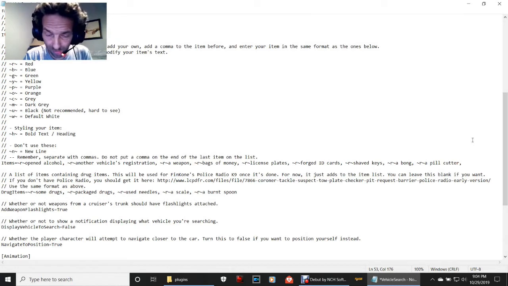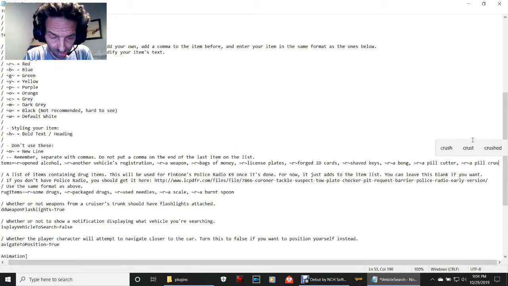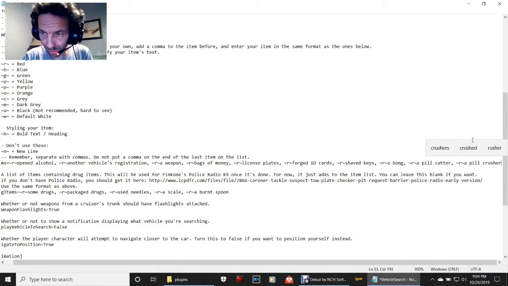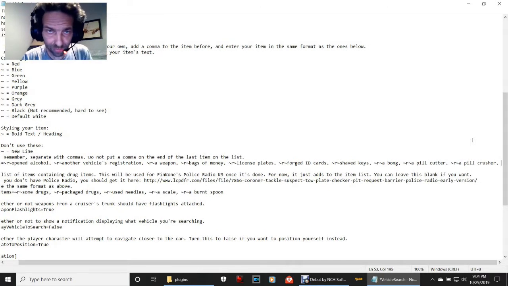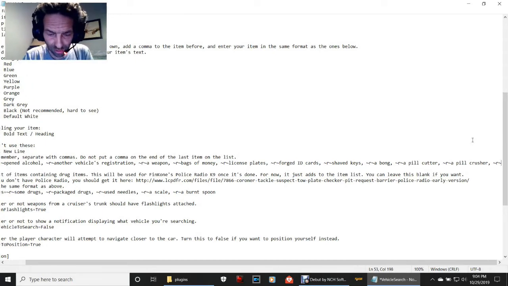Go ahead and hit space. Make sure you comma that in, space, and then hit Control-V again. We're going to put in appeal crusher, okay? And then we'll do one more item for time's sake, and then we'll get out of here. So appeal cutter, appeal crusher, and then we're going to hit comma, space, Control-V, and put